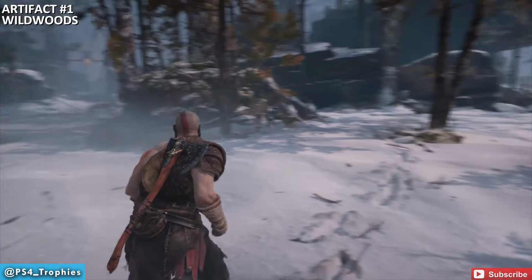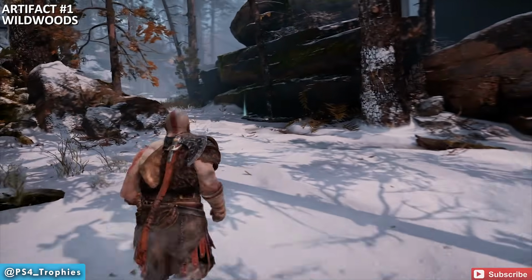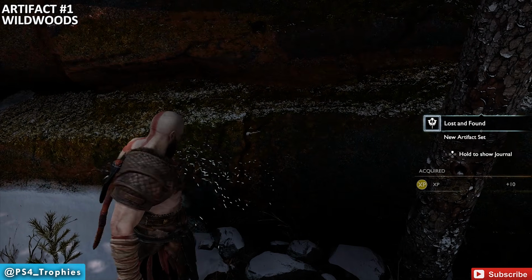I'm going to show you the location of all 45 artifacts in God of War. The first one in Wildwoods is going to be in your yard, right outside your house. Before you leave through the gate, make sure you come back here and pick up the first of 45 artifacts